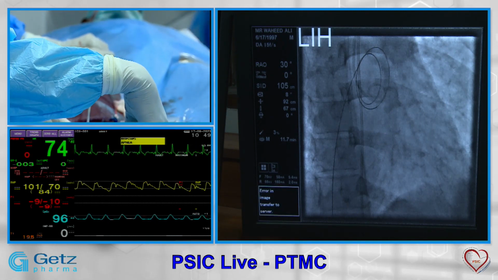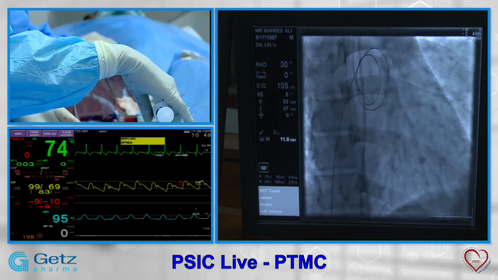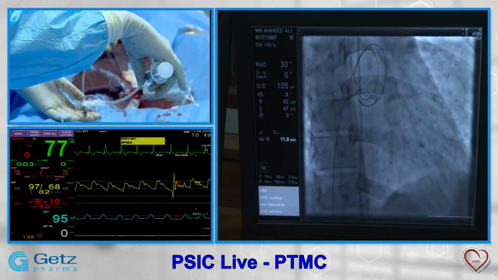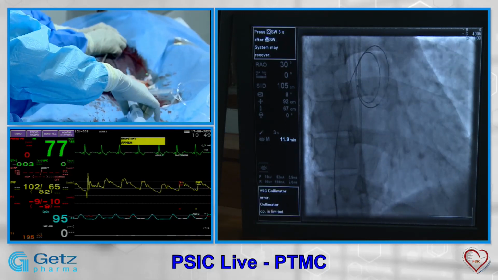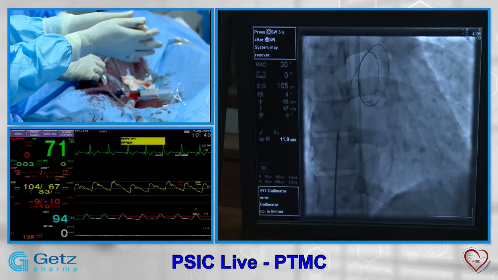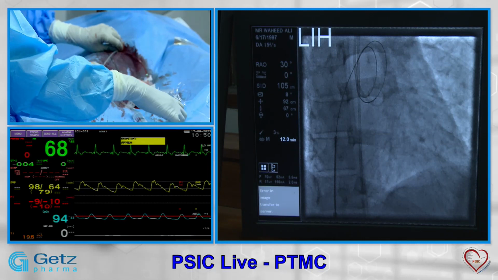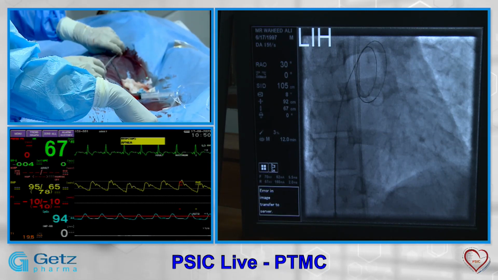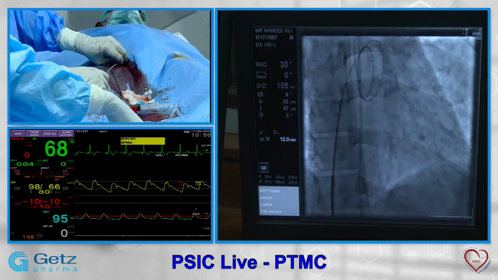Our practice at NICVD is that we don't stretch this valve directly. We usually dilate it. If the size is 26, we dilate it with a 24 size, keep it a little less, and then make it 26 in the second dilatation. So now we have got this size of 24.